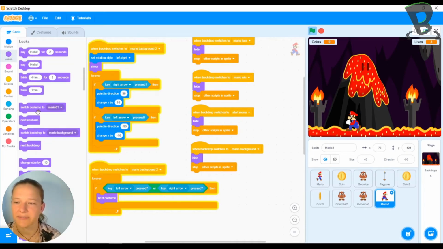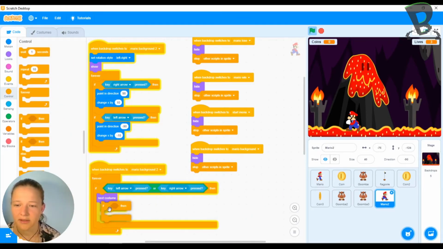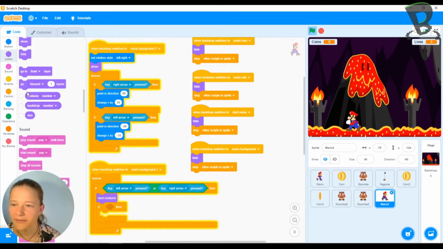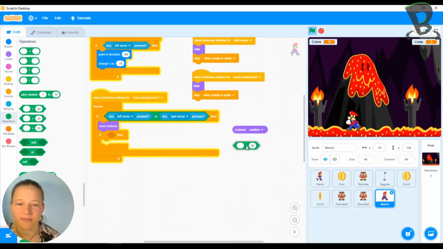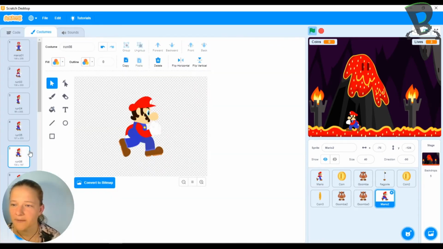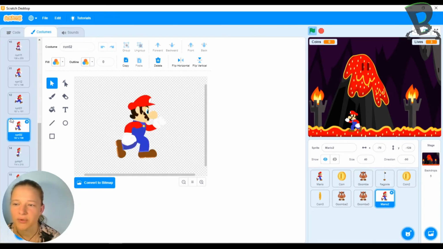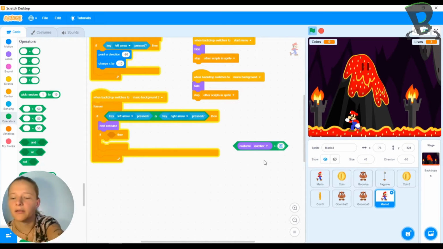So what I'm going to do is I'm going to say if, and now I'm going to check what costume we're at. So if I go into looks, I can find this costume number. So if my costume number is greater than my running animation, so if I go to my costumes, if I go to the bottom, my last run picture, that is run 2, that's costume 13, okay? So if I go to my code, if my costume number is greater than 13,